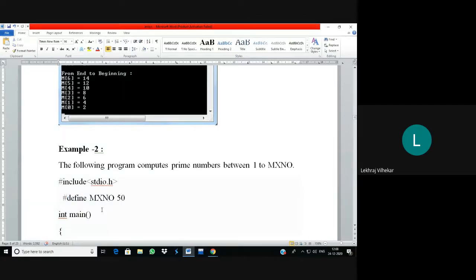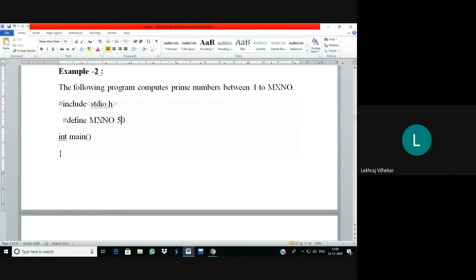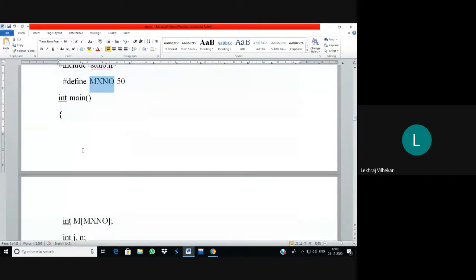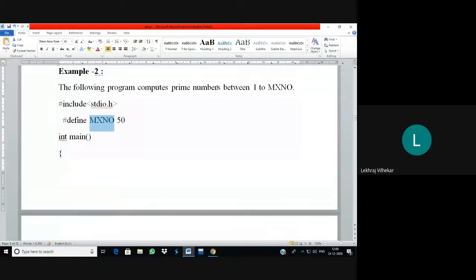Suppose it is available in your syllabus. So hash include, and we have given the value of MAX_NUMBER as 50, and in the program we are not going to make use of 50, but we are writing MAX_NUMBER. Suppose you want MAX_NUMBER as 100, so simply in this single line you have to write the value like 100. Okay, suppose you want it to be 500, so you don't have to make a change in the program as 500, only you have to write here 500. But in the program we are going to write this variable, that is MAX_NUMBER. Okay, so int main. So what we have to do, we have to find the prime numbers in between 1 to 50. And what is the condition for a prime number?